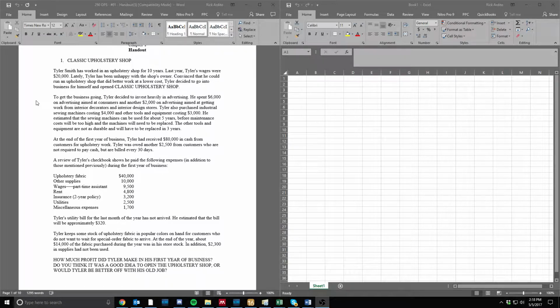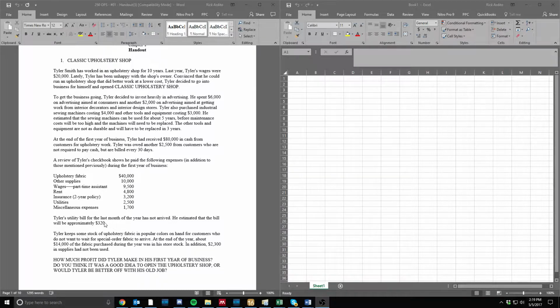And then a review of Tyler's checkbook shows he paid the following expenses, in addition to those mentioned previously, during the first year of business. He bought upholstery fabric for $40,000, other supplies for $10,000, wages for a part-time assistant were $9,500, rent was $4,800, insurance for a 2-year policy was $3,200, utilities were $2,500, and miscellaneous expenses were $1,700. Tyler's utility bill for the last month of the year has not arrived, but he estimates that bill to be